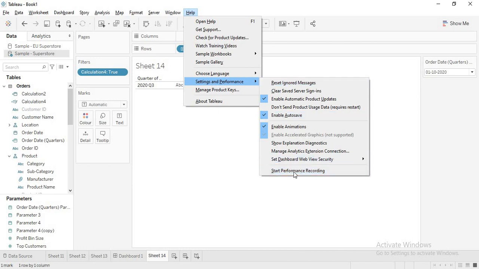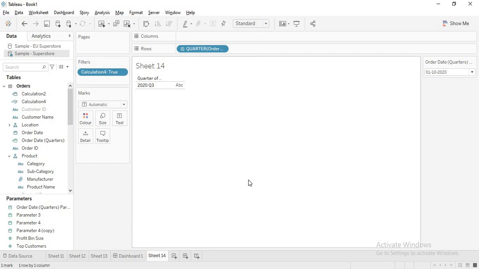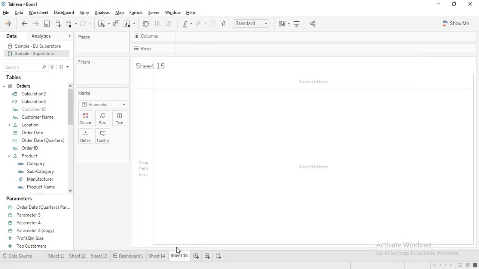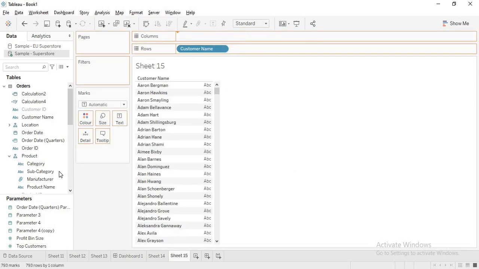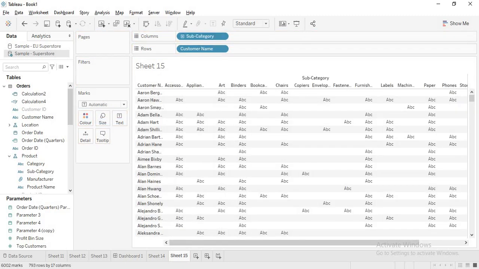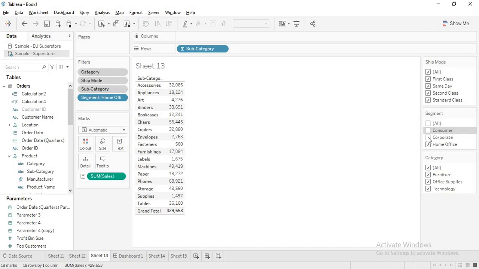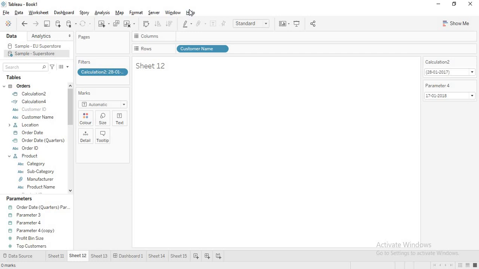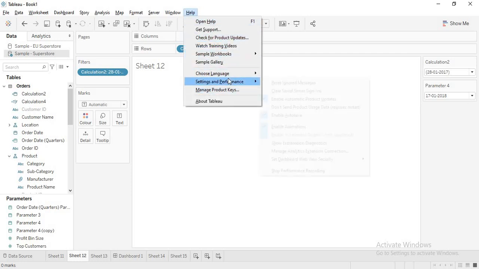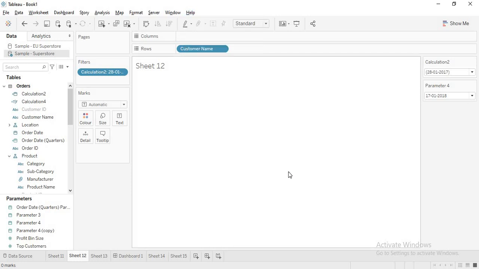Once you start this, you do whatever queries or dashboard interactions you want, such as selecting my filters, all those things you do on a dashboard. And then again in the Help menu, you can go and stop performance recording.